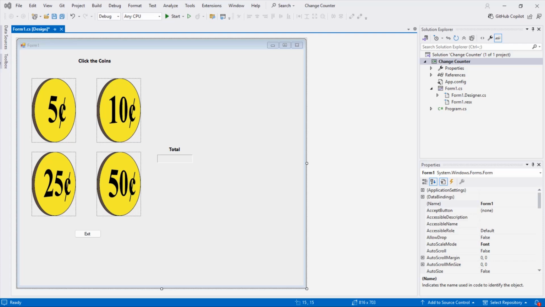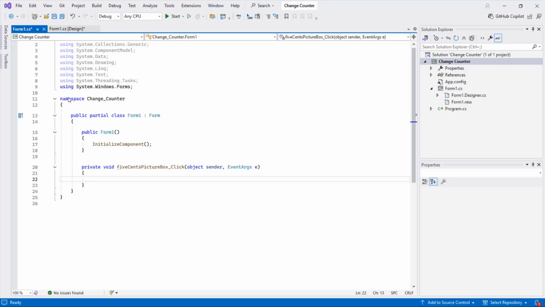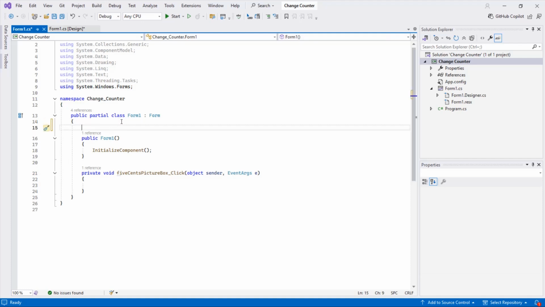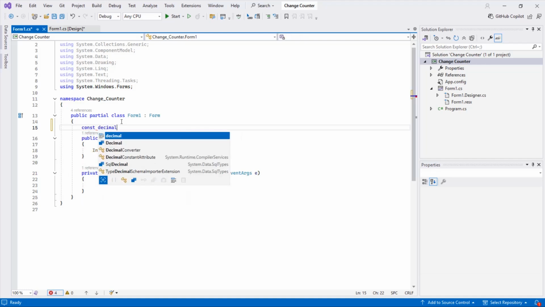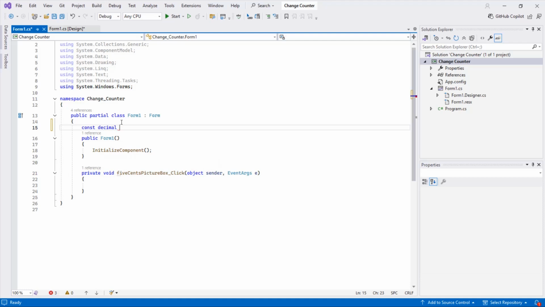Okay, so to start off with, we're going to have 4 constants. Those are going to go up. We're going to need this one anyway, so I'm going to click on it. The constants are going to go right under the form1 form. So I'm going to click right on the end of that curly brace, and then we'll put these constants in here. CONST decimal. And then I usually do constants in uppercase, separating each word with an underline. So 5 cents value equals 0.05